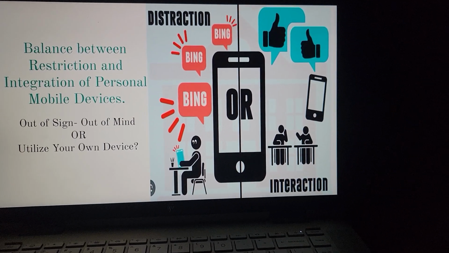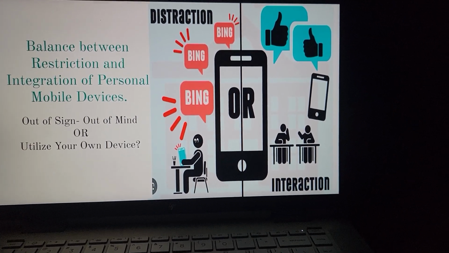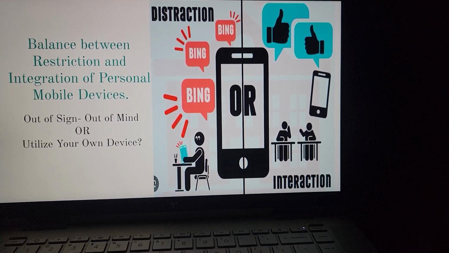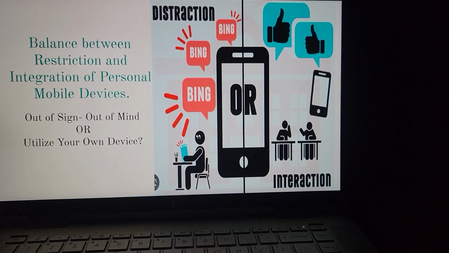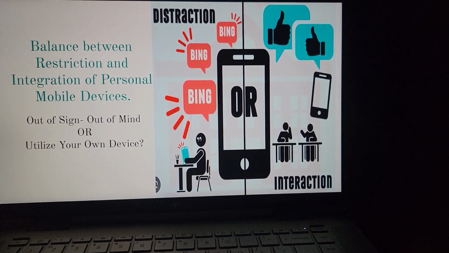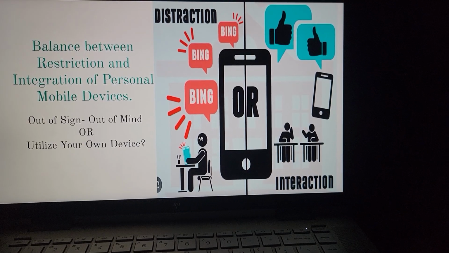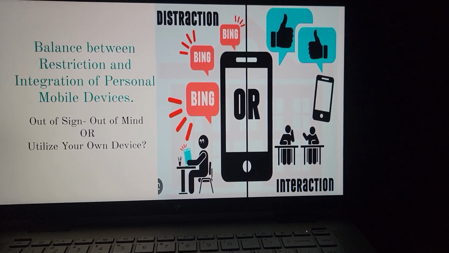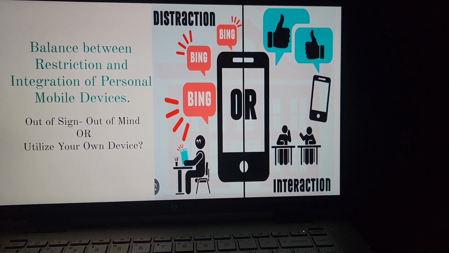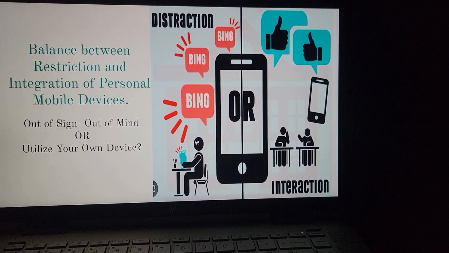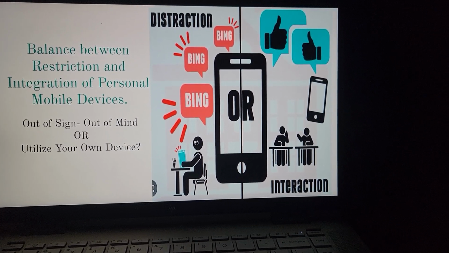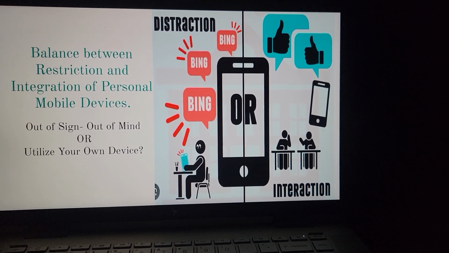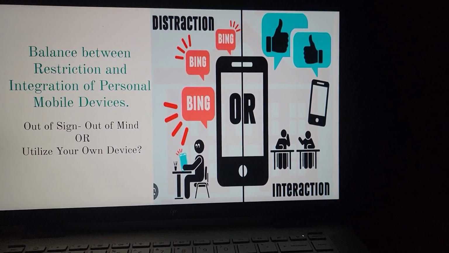However, in the summative assessment, for example a unit test, all of them have to put their phone away. If they do not put their phone away and still use it during the test, I would consider it cheating, because my material, my test, can be released outside the classroom, and my test no longer has security. So therefore, I have to consider it cheating, because you did not follow the rule. So technically, it depends on the class, it depends on the policy. You have to find a balance between restriction and the integration of the personal mobile device in education.